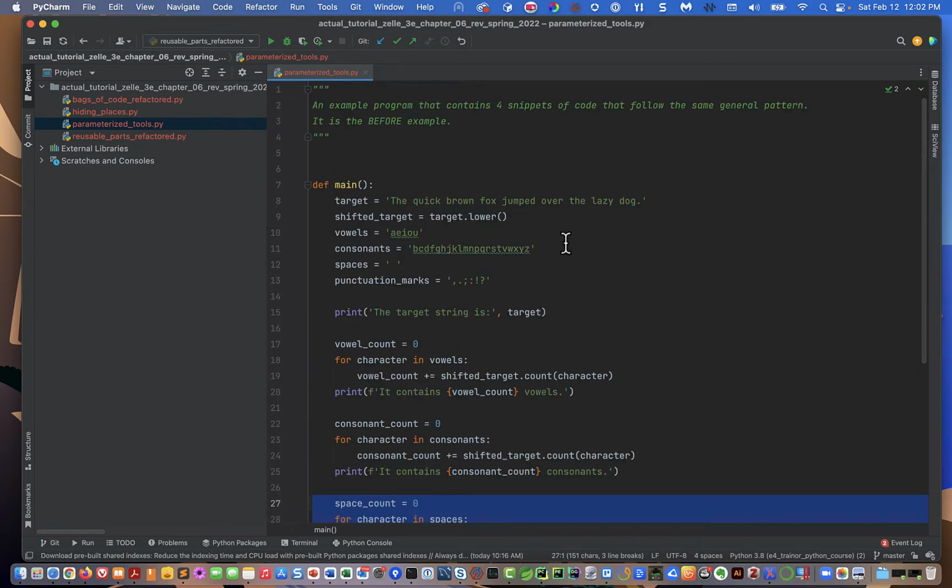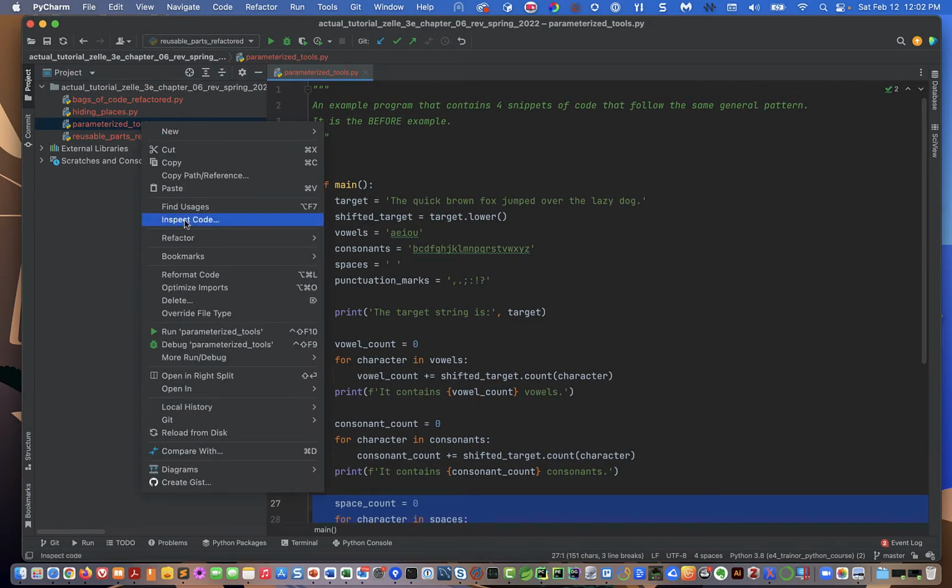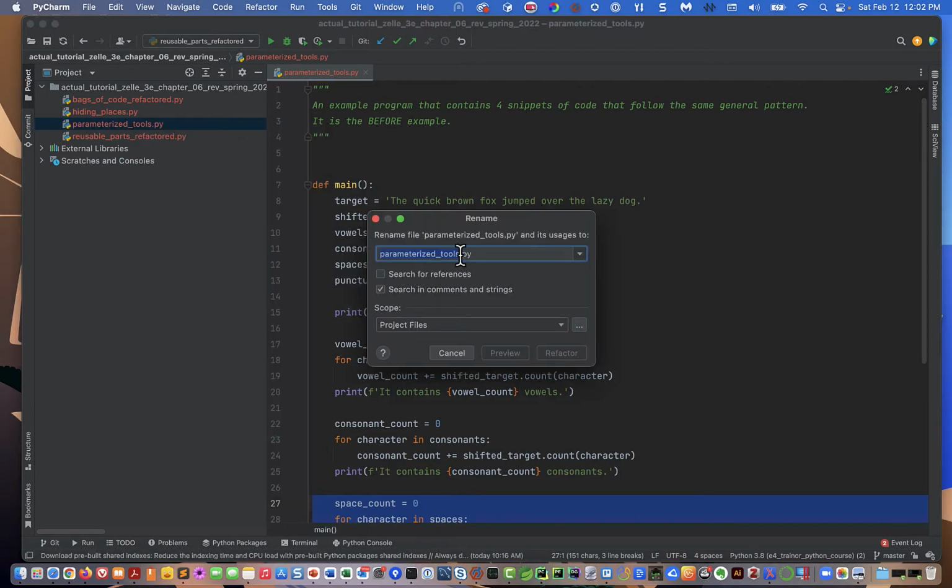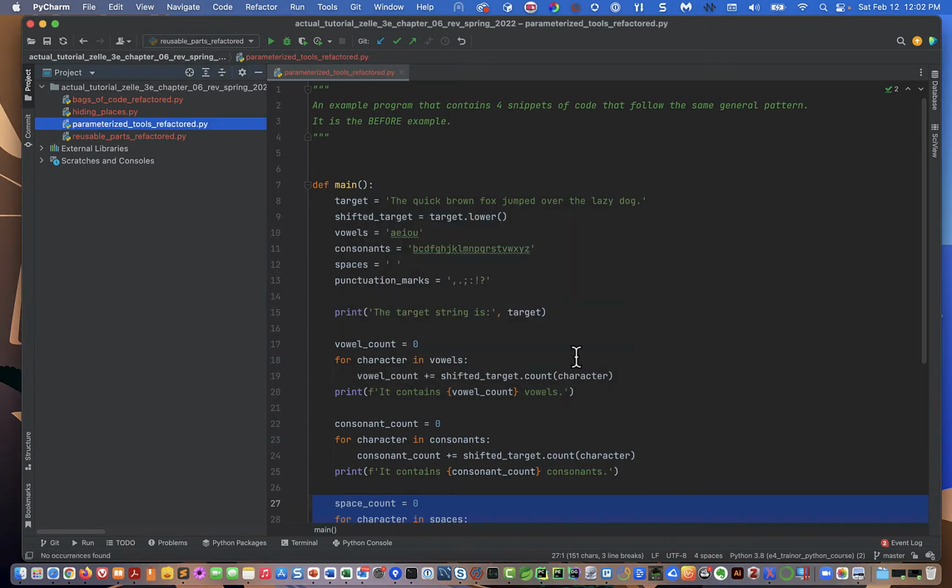So just like our assignment, we're going to take the program that we've been given, highlight it, and rename it. We're going to refactor, rename it, and put the word refactored on the end. Not because we would do that in the real world in our day job, but it's just the convention of this assignment. Okay, so we've done that, and you'll notice up on the tab, it has changed the name of the